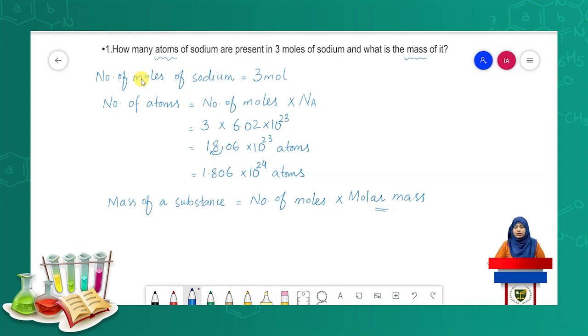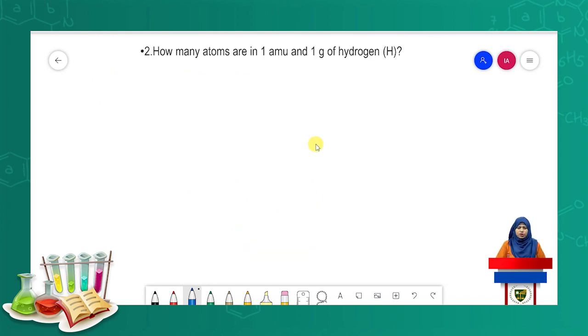चूंकि हम यहाँ बात कर रहे हैं सोडियम एटम की, तो सोडियम एटम के लिए उसका एटॉमिक मास ही उसका मोलर मास होगा। सो एटॉमिक मास ऑफ सोडियम एटम इज 23। सो 23 ही होगा उसका मोलर मास। So if we put the values of number of moles and molar mass, we will get 3 multiplied by 23 which is equal to 69। and since this is the mass of a substance, so we will show the 69 in grams। so we will have our answer 69 grams। so we can say that in 3 moles of sodium 69 grams of sodium is present।